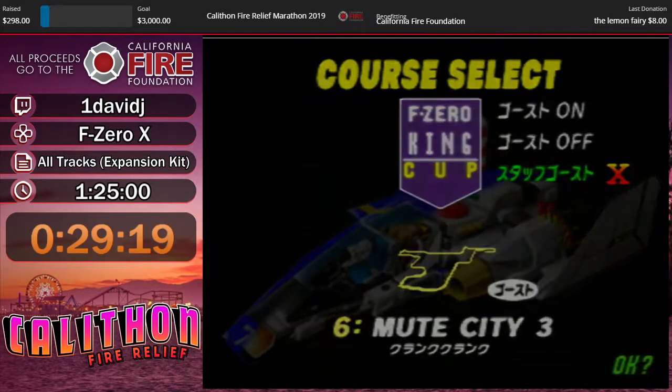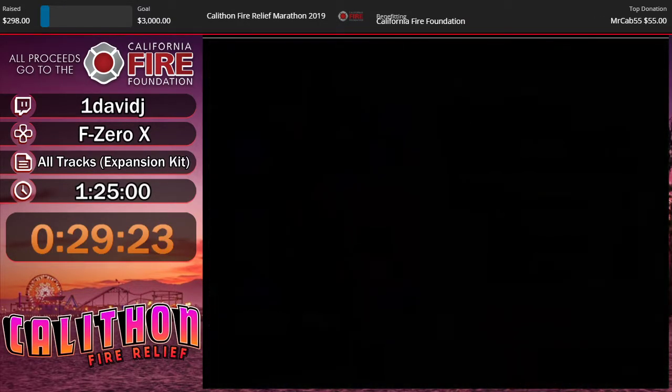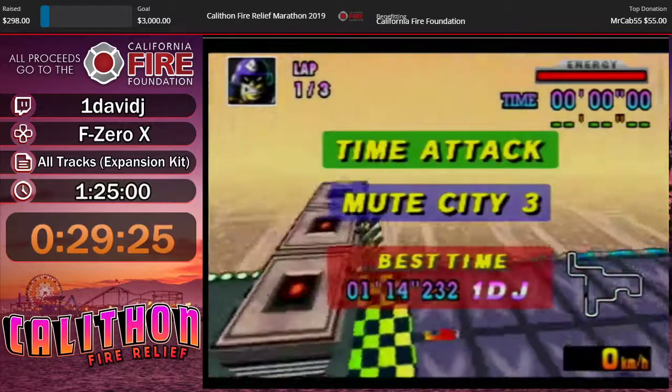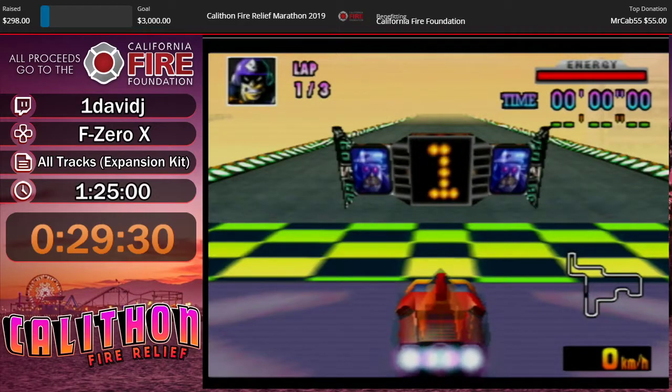This course is really cool. It's Mute City 3. There's basically a ton of jump plates and stuff, so I can do a ton of double tap dives. This course gets really evil the better you get, because there's this glitch called the jump plate glitch,